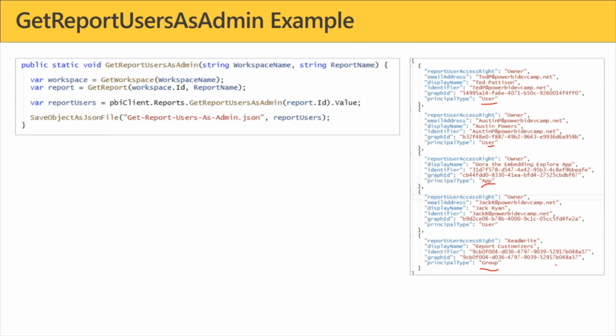So it will basically tell you what users, what service principals, and then what Active Directory groups, but it's going to be up to you to figure out who's in that Azure AD group. Now,